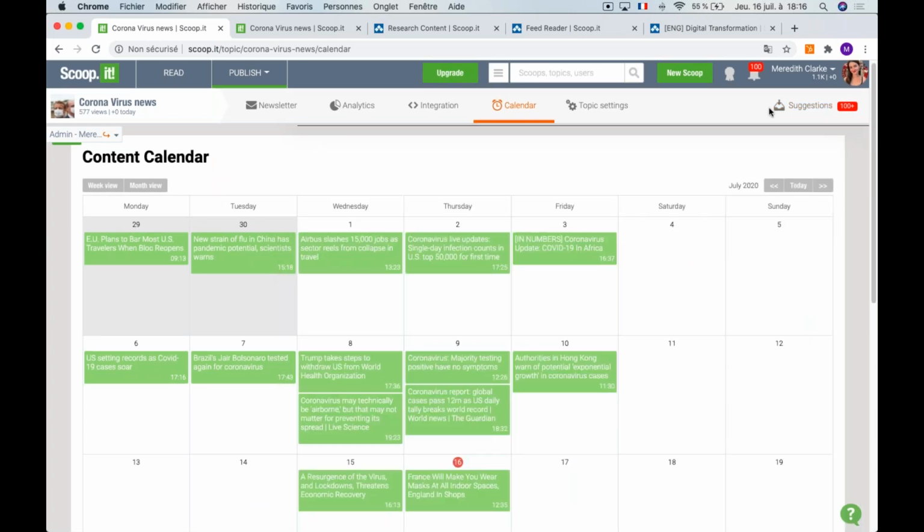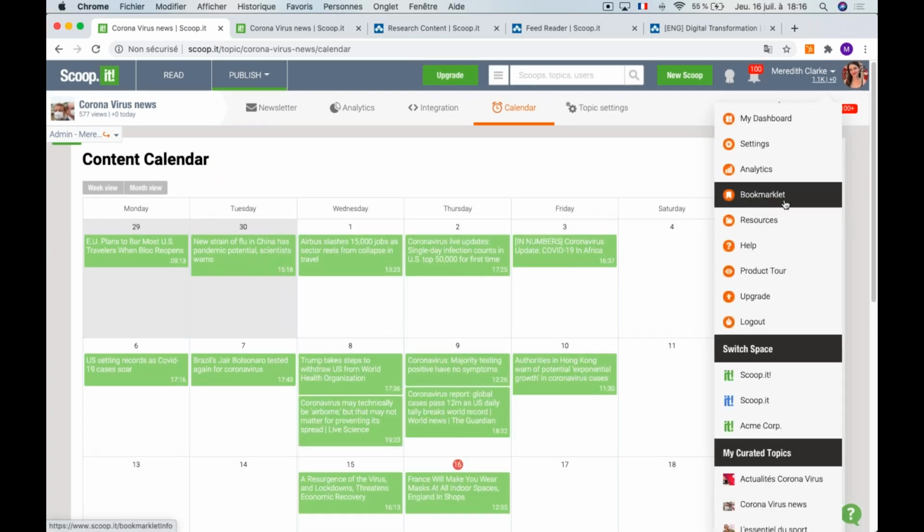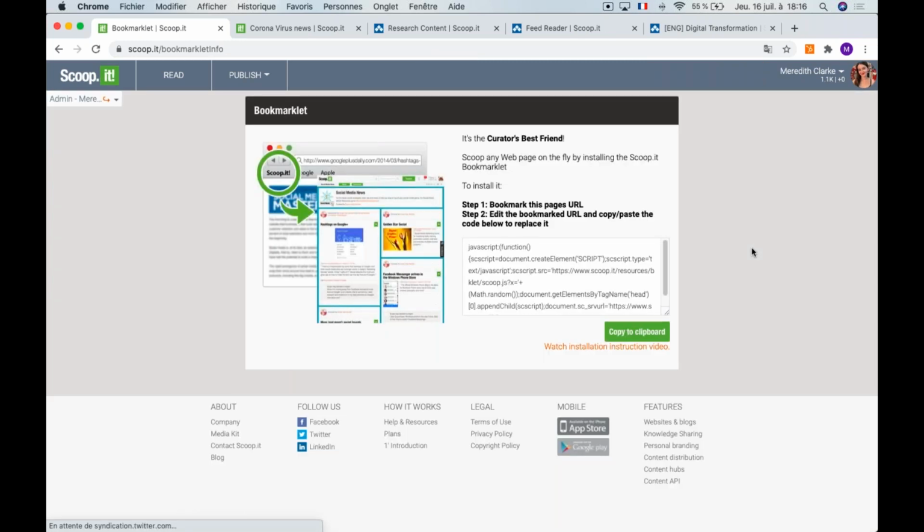So the other option on our online plans for finding content is going to be the Bookmarklet. The Bookmarklet is great if you want to find articles to publish while you're doing your regular reading online. If you come across an article that you really like and that this is installed, you can directly just click on it in your favorites bar, and you'll have the same editing window that I showed you previously, which is going to pop up. And you can do everything from your web page, whatever website you're reading.